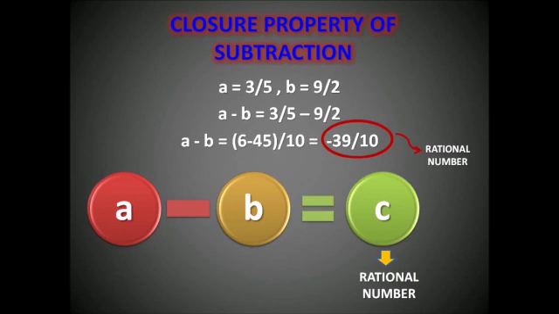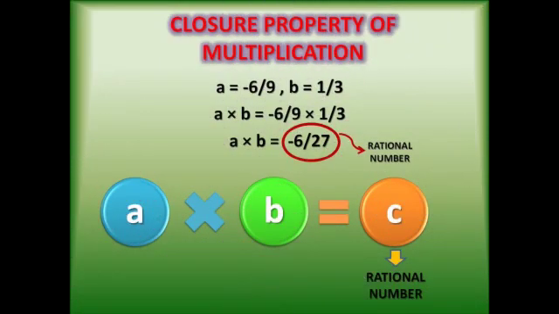Now, let us take the closure property of multiplication. Here also we will take two rational numbers, that is A is equal to minus 6/9 and B is equal to 1/3. So what would be A into B? This would be minus 6/9 into 1/3, which comes out to be minus 6/27, which is a rational number. Here also, even if you consider 0 as one of the two rational numbers, the result will be 0, which is a rational number. Hence, closure property holds good for multiplication